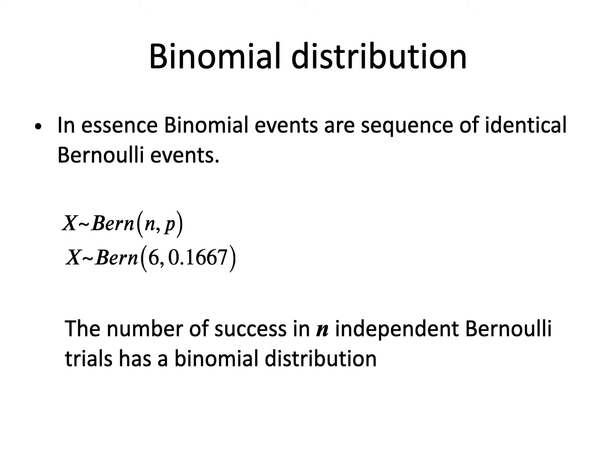We can see here X is followed by the number of trials n and the probability of success on each trial. For example, we have 6 trials and the probability of success on each trial is 0.1667. And suppose we have